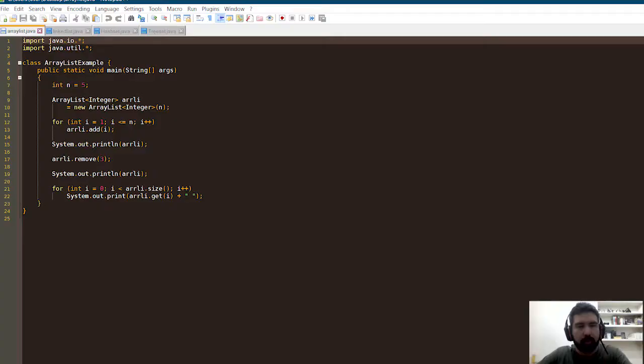So now taking a look at our example array list, you can see that we've declared the array list here as an integer array list, arly, with the size of n, and since n has been declared as 5, the list size is obviously 5. Using a for loop, we'll add numbers to the array from 1 to 5 to fill it up,